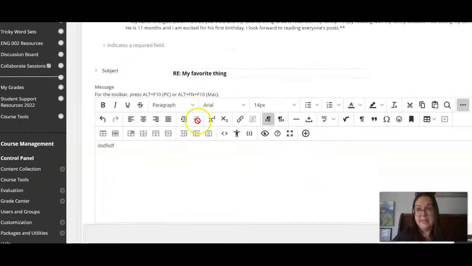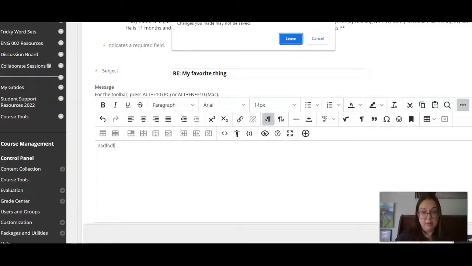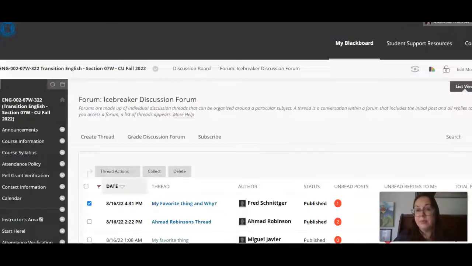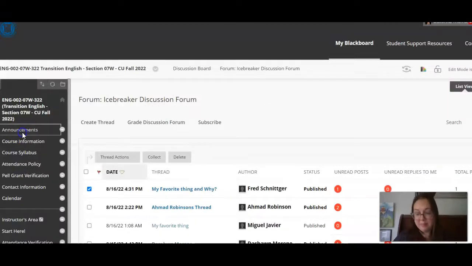All right, so that's how that works. You'll need to post 1 thread with your favorite thing and then reply to at least 2 classmates, and then it will be sent to me for grading.